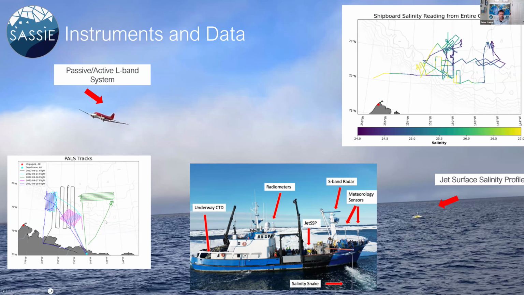On the left here, we see the different flights that were conducted, doing different patterns, including larger surveys, smaller surveys, interspersed surveys, and these large from the sea ice to open water surveys. On the right here, we see the track of the ship, shown as salinity, and we spent quite a bit of time up in the ice, and then we also spent time in the open water trying to compare these two regimes to understand how stratification might modulate the refreezing in these areas.